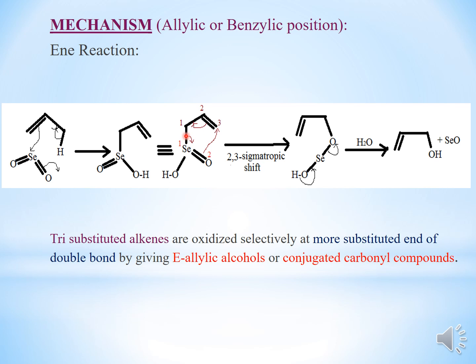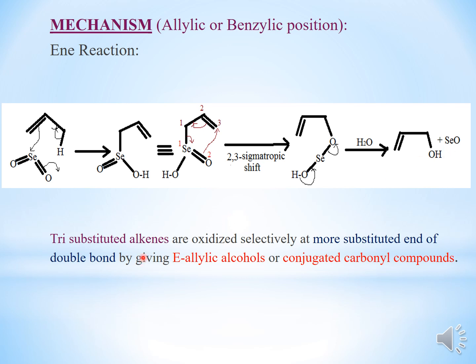When only this bond is cleaving out, it means that the O bond which is present over here attacks, and there is a formation of one new bond. Okay, so after the formation of this structure, this bond will move, and then there is shifting of this OH bond, and one of the bonds will shift over here, and then this bond will shift, and you will result in O minus. That O minus will again abstract the proton, resulting in this structure. Okay, the alcohol product will be formed over here with the elimination of selenium oxide.